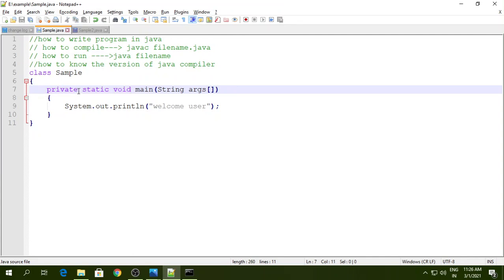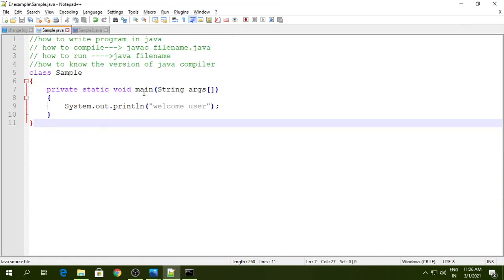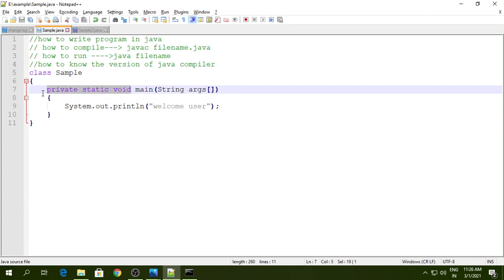According to the JVM, the main method should be public, but here it did not find any public main method. So the signature does not match, and it gives the message main method not found. The main method is here, but it is not found because it does not follow the given signature.